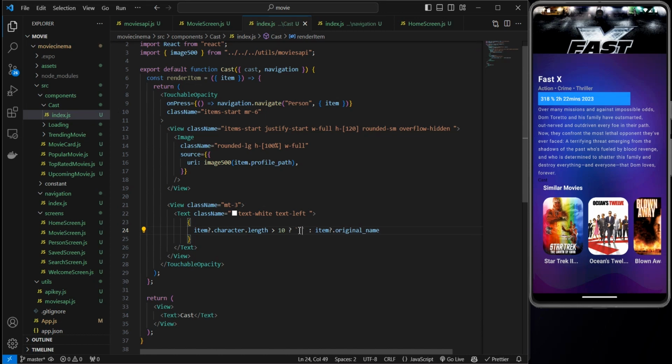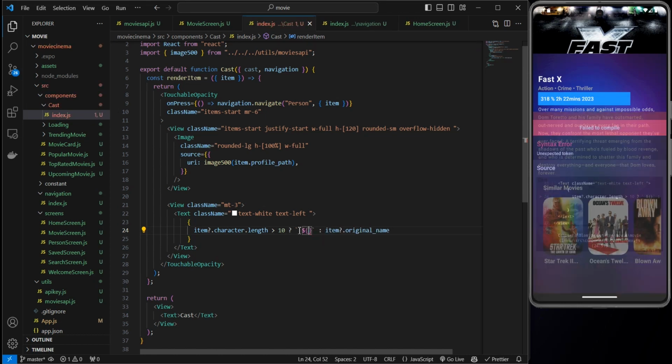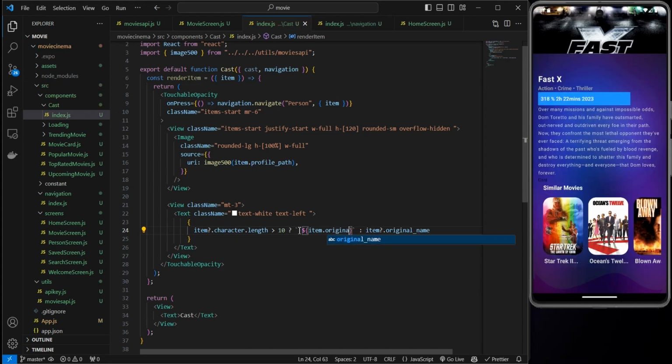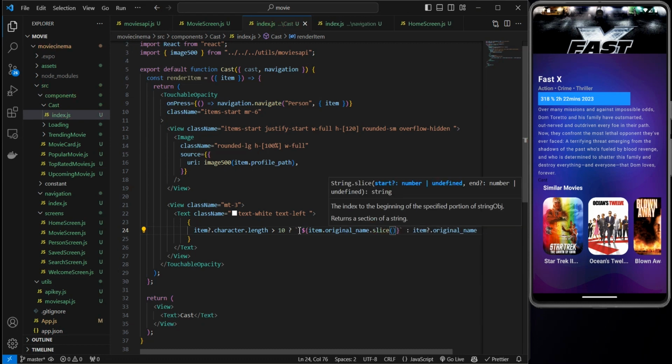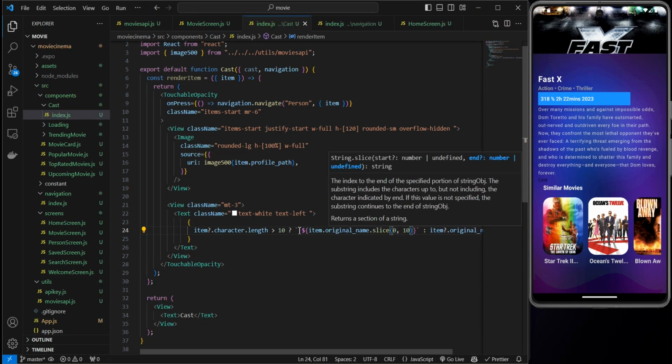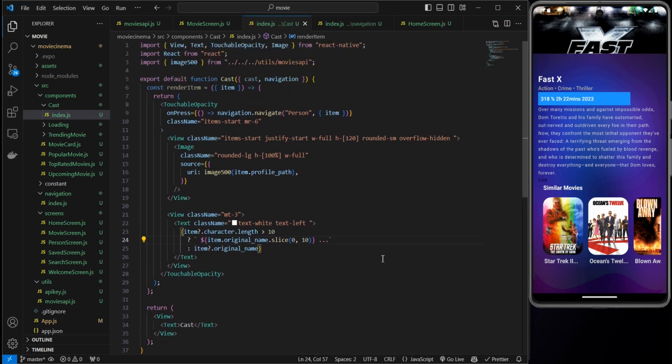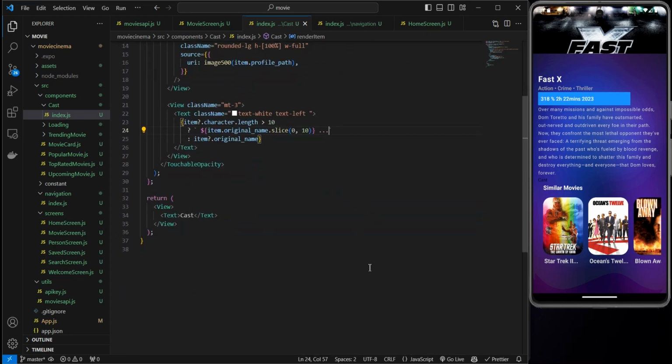But instead of this backticks, we're going to say use a $sign with curly braces and say this is item dot original underscore name, but slice it up and slice it from 0 to 10. And also at the end, add 3 dots. Save that. And moving on, we're going to say we're ready with this, and let's just create a flat list